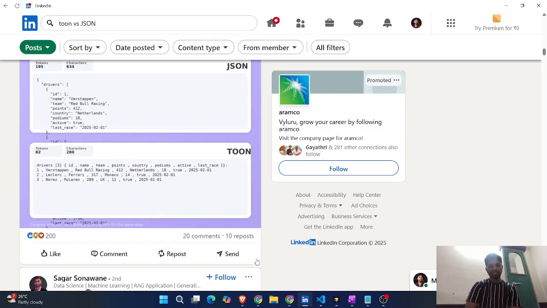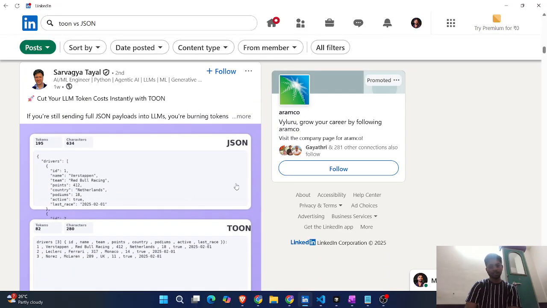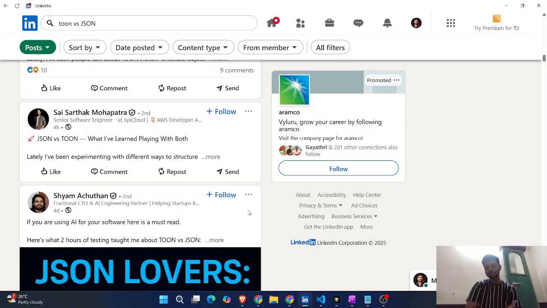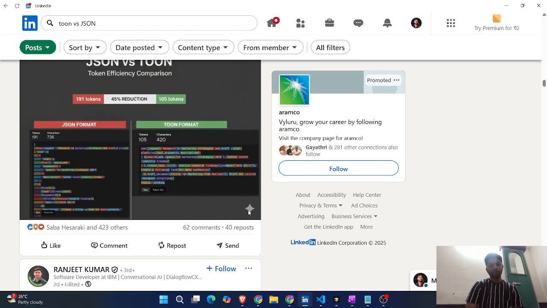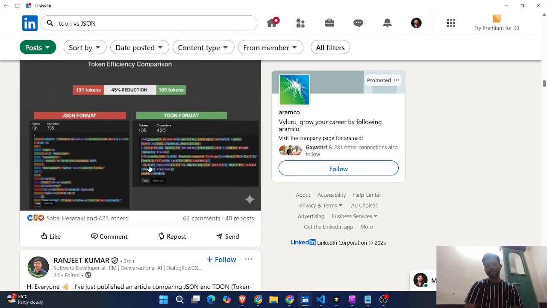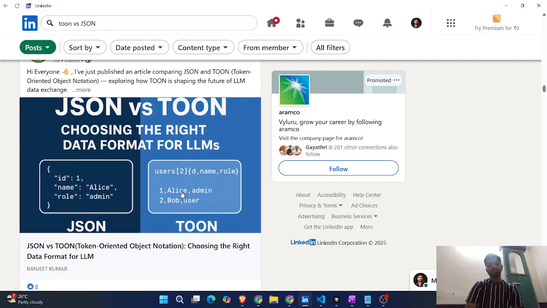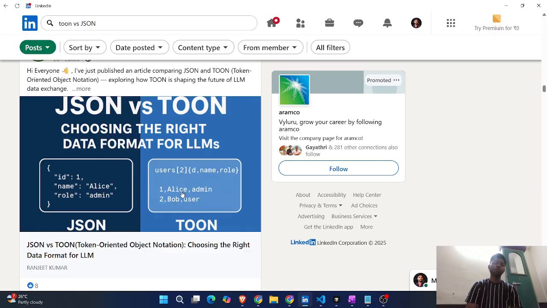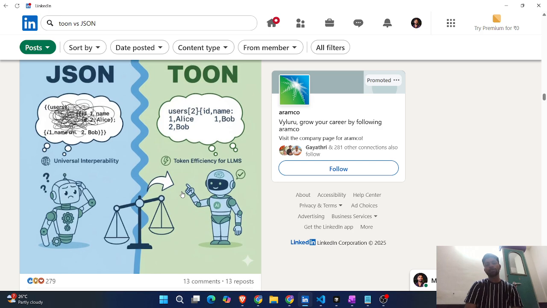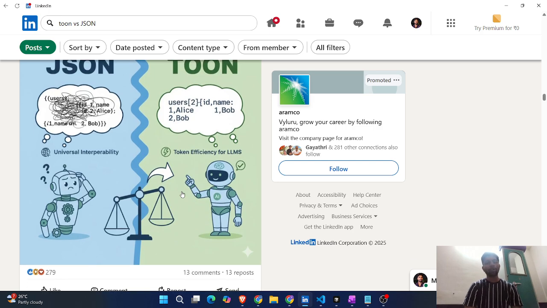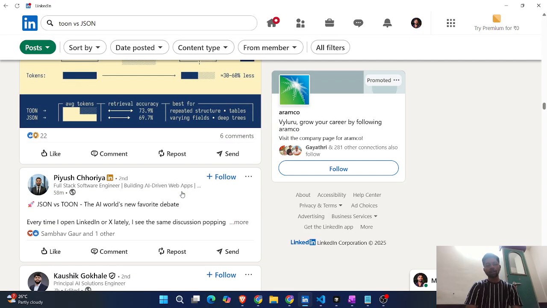Here people have given different takes. They're just saying JSON is this, go for TOON. But most of the people didn't mention why we have to go for TOON, not simply just saying tokens are reduced and that's it. It's not that JSON is wrong and TOON is right. No, it depends on which use case you are solving, what kind of use case you are solving, and whether LLMs are involved in your application or not. That is the major question. Based on that question, you have to decide whether you go ahead with JSON or with this tool, right?